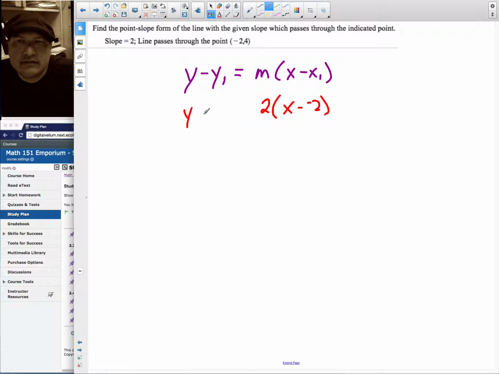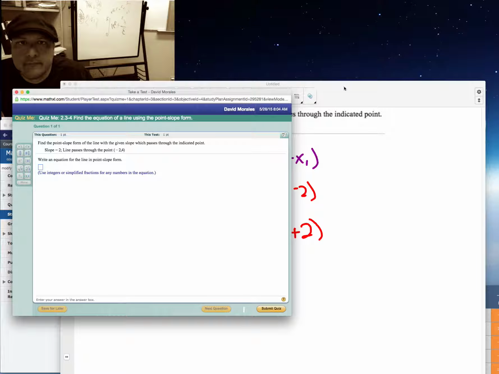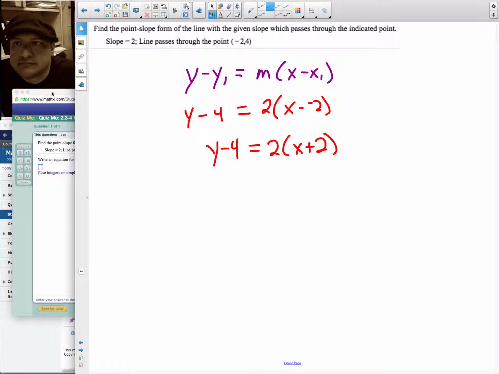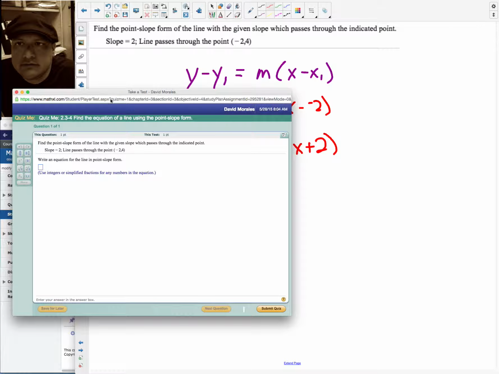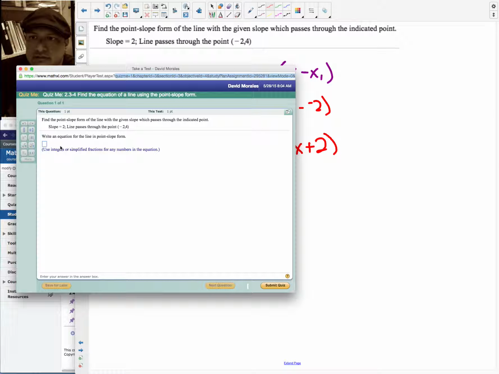Now here we have y minus 4. Clean this up. It's probably going to want it just like this because it doesn't say solve for y. But we're going to make this a plus 2. Y minus 4 equals 2 x